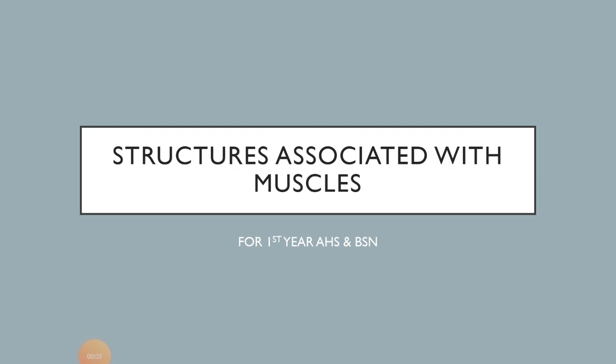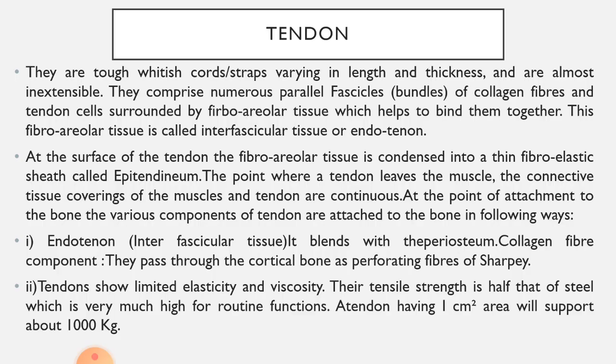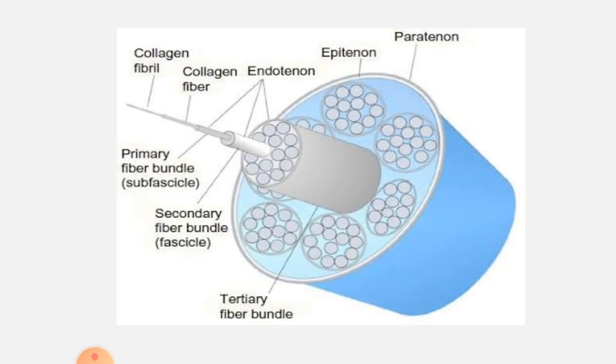In our today's lecture, we will talk about the structures associated with the muscles, and by the end of this lecture, you will learn about the structure of the tendon and ligaments, and also the tendon synovial sheaths and bursa. So, starting with the tendon, before going into the details, we will discuss this diagram,